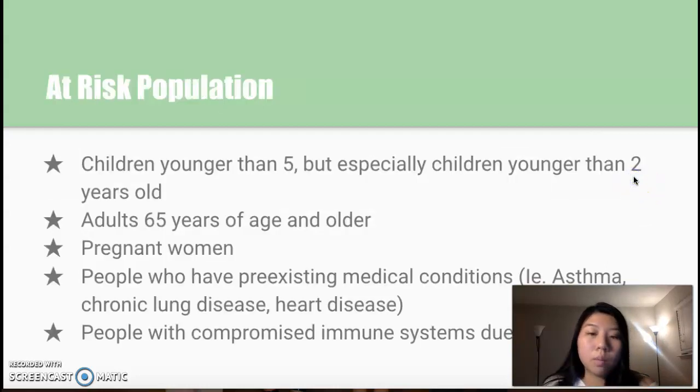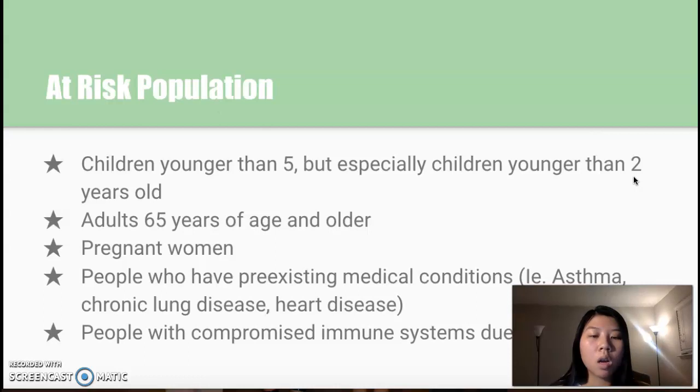So the population that is most at risk for the H1N1 virus is children younger than 5, but especially children younger than 2 years old, adults 65 years of age and older, pregnant women, people with pre-existing conditions like asthma, chronic lung disease, heart disease, diabetes, and then also people with compromised immune systems due to diseases or medications. So for compromised immune systems, those would be people that have HIV or AIDS or cancer, and then